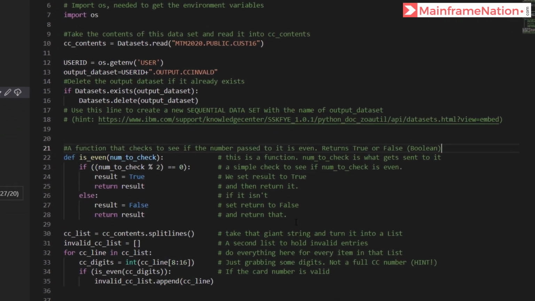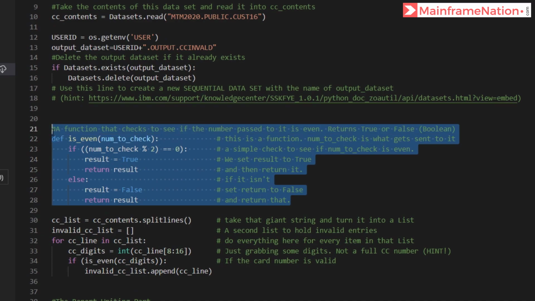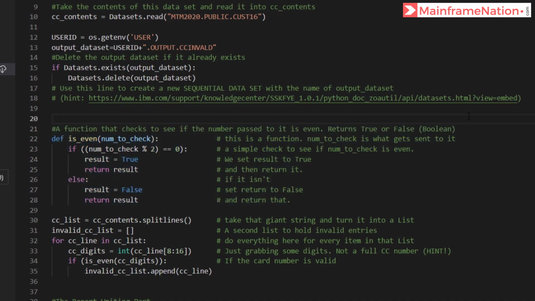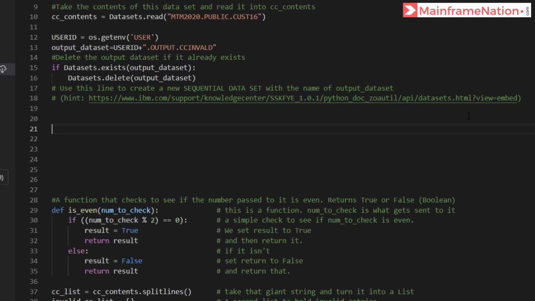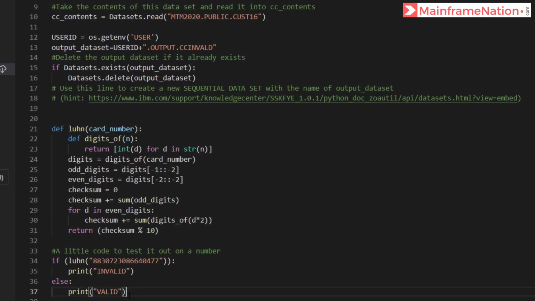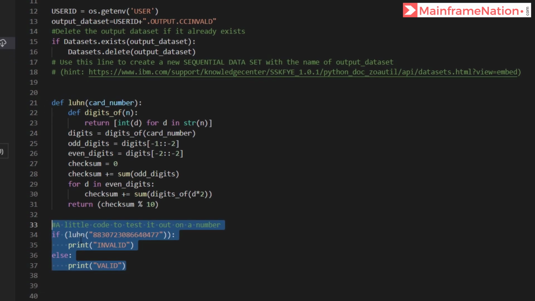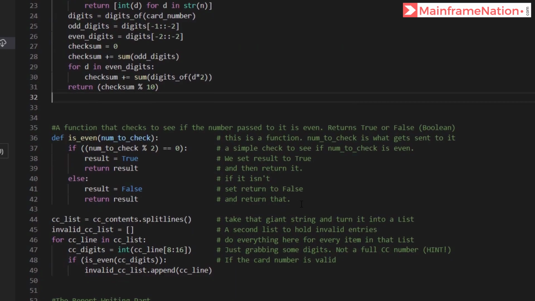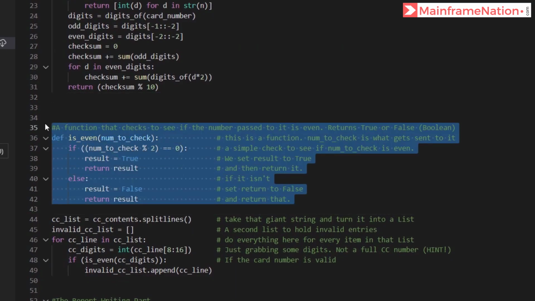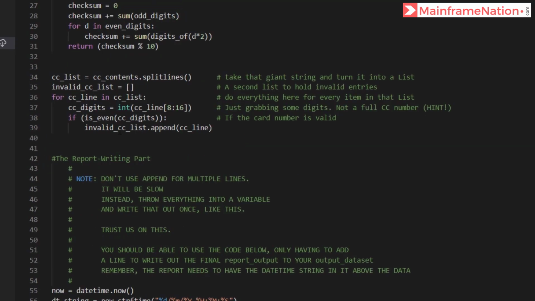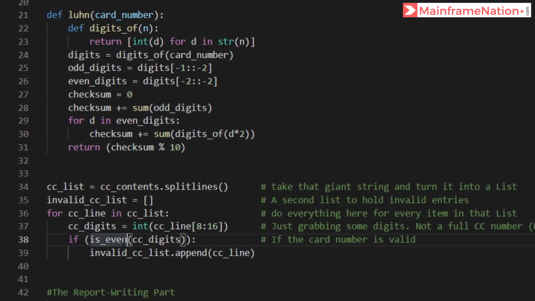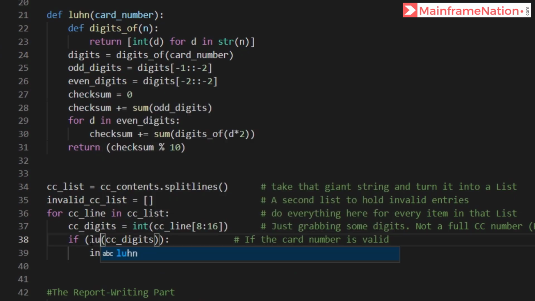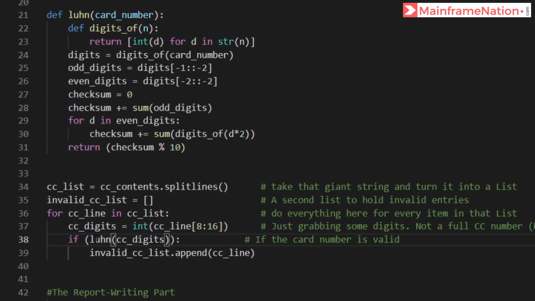We have to remove this logic and we have to replace it with the luhn algorithm. So let us now copy our luhn algorithm here. We don't need this part, this is just a test part. We are just testing whether this algorithm is working, so we can remove it. And also we can remove this whole logic. This whole function can be removed. So let's remove this. Also, instead of easy1, we have to give luhn. So earlier it was calling the easy1 algorithm, now it will call the luhn algorithm.